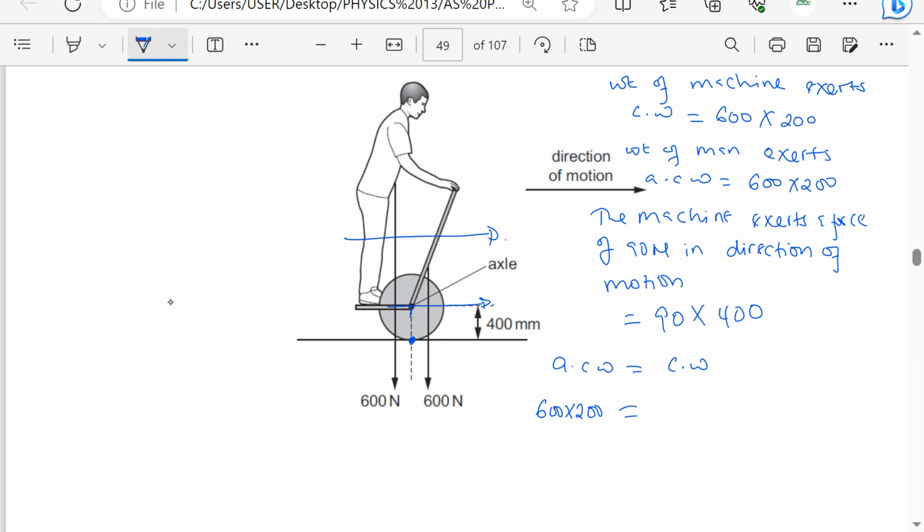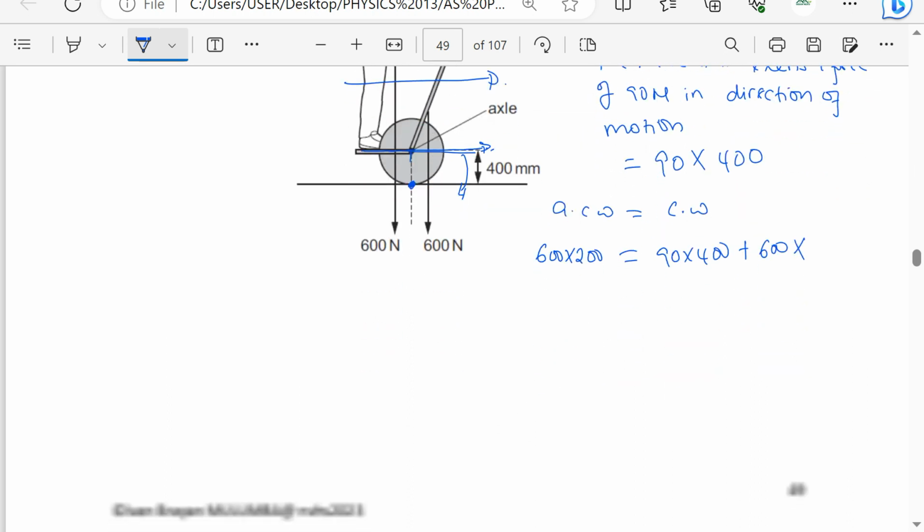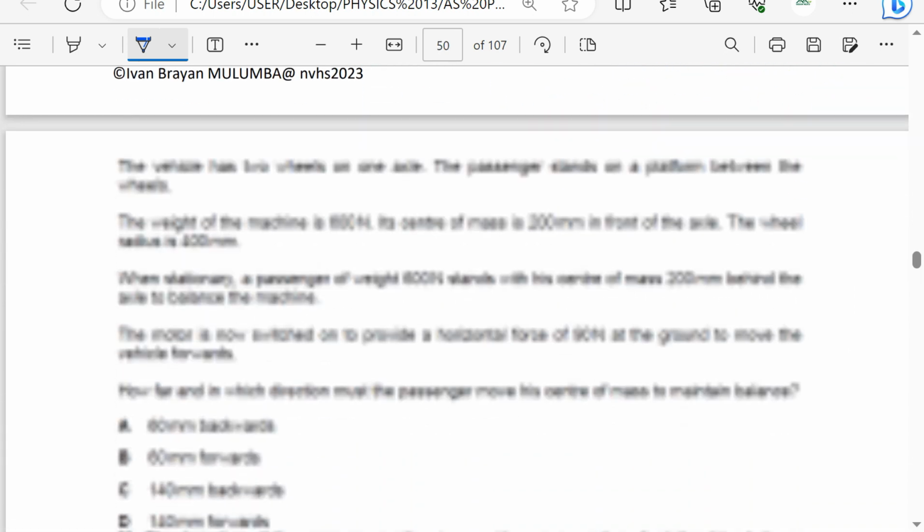This should be equal to the clockwise moment, which will be 90 times 400, because if the machine exerts a force in this direction, then taking moments about this point is causing a clockwise moment. So this is 90 times 400 plus the other anti-clockwise moment, which should be 600, for the weight of the machine, times